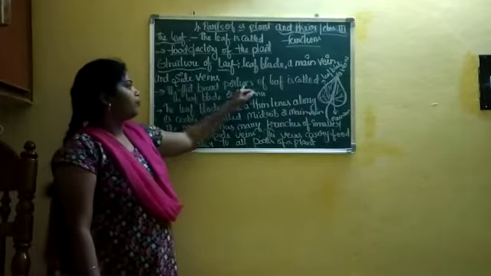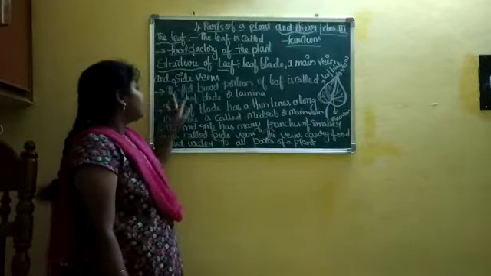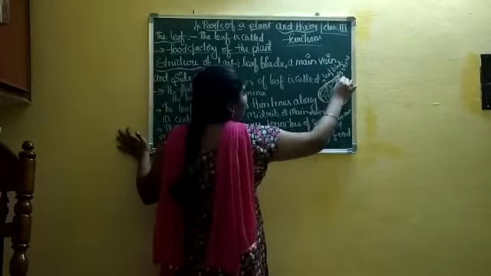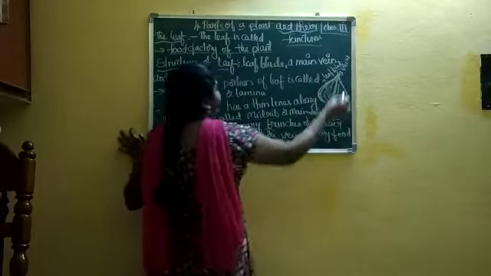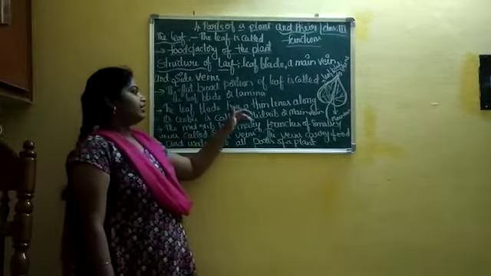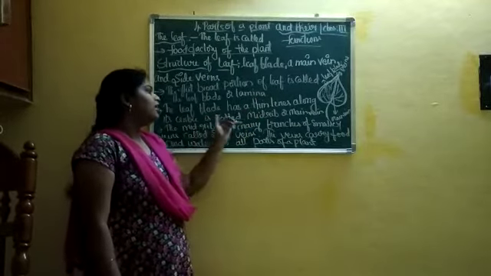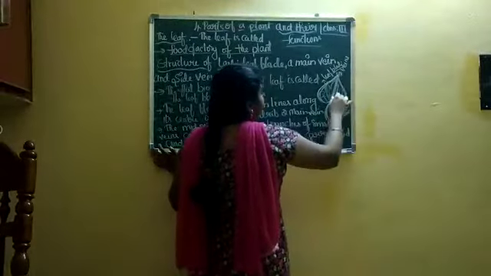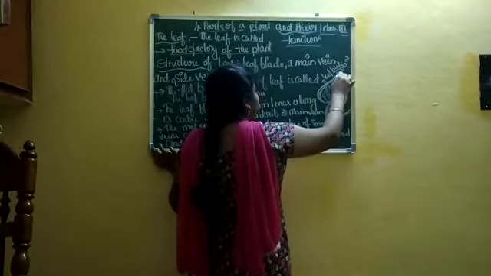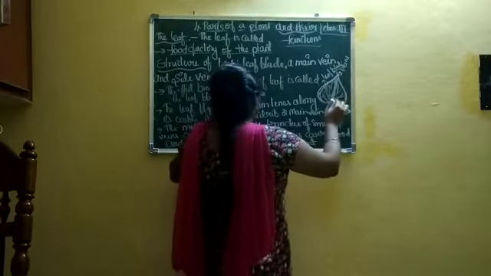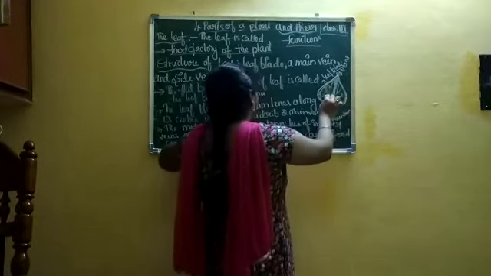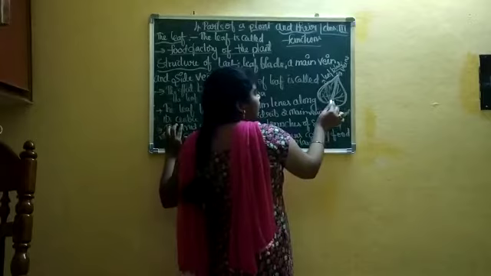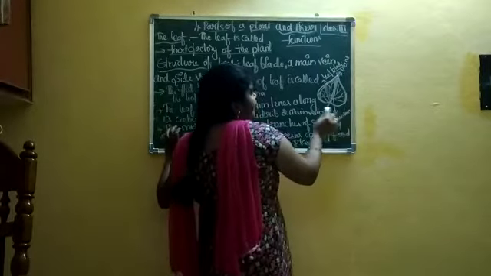The flat broad portion of the leaf is called the leaf blade. The leaf blade has a thin line along the center, called the midrib or main vein. This is the main vein. In the middle of the leaf blade, the thin line along the center is called the main vein or midrib.